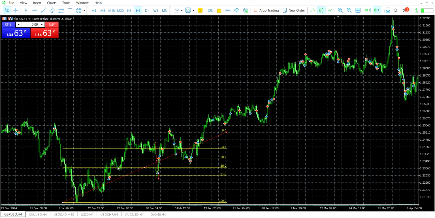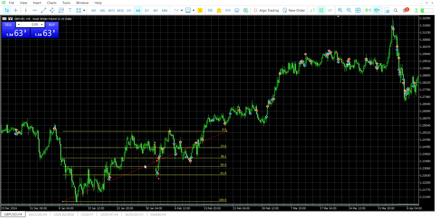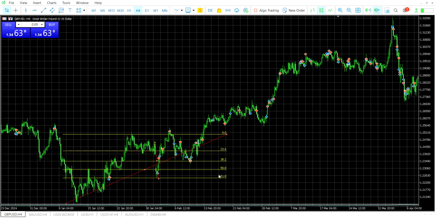The second wave's obvious goal is somewhere around 0.61. As you see, it's somewhere here, and our first goal could be here,